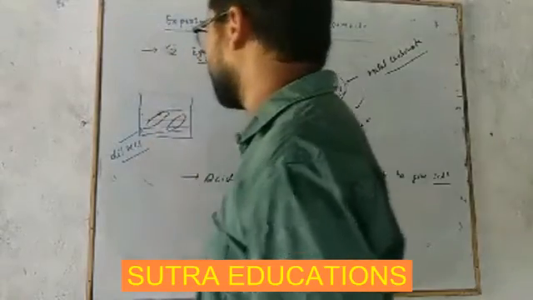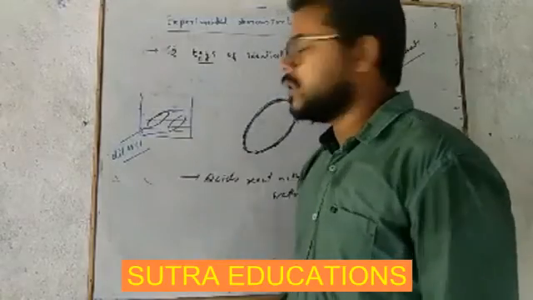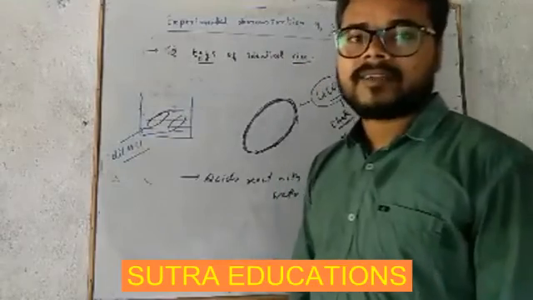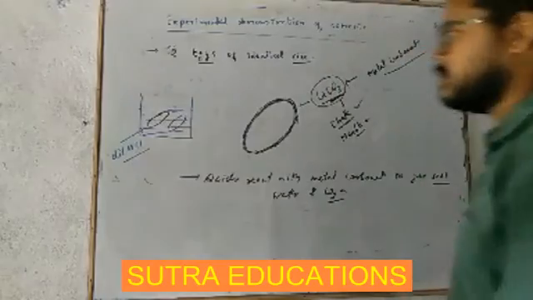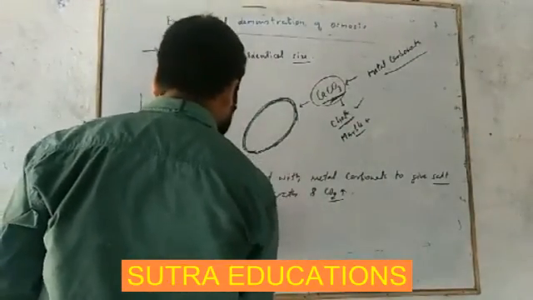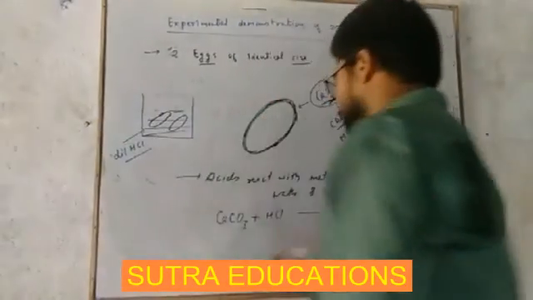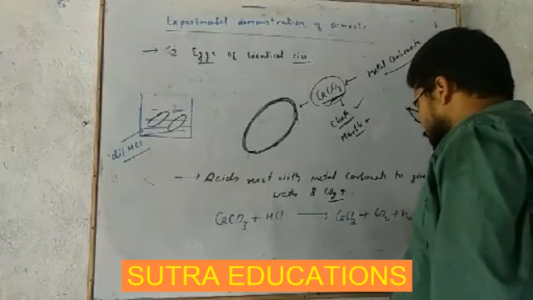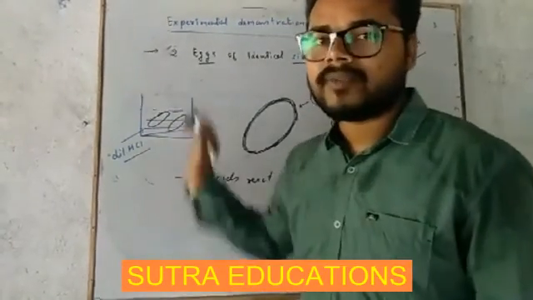It is actually not looking like an egg, but just consider it. So these are two eggs, and just keep this for some time in dilute HCl. Then what will happen? This calcium carbonate will react with this HCl. I am going to write the equation: calcium carbonate plus HCl forms calcium chloride plus CO2 plus H2O. By this we can remove the outer shell of the egg.